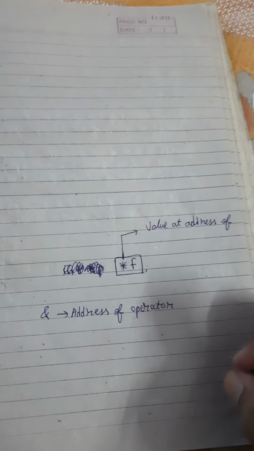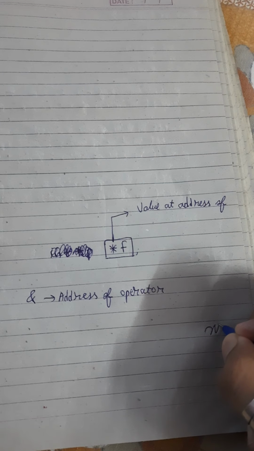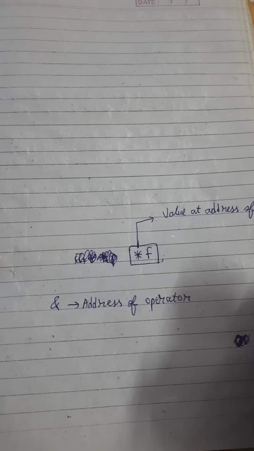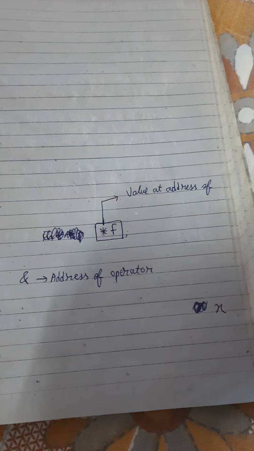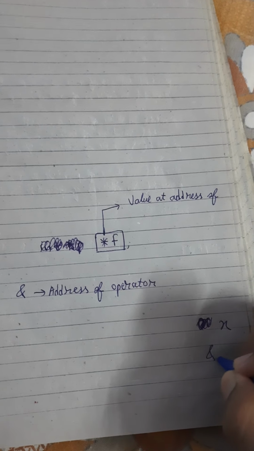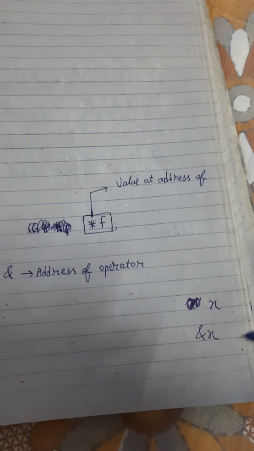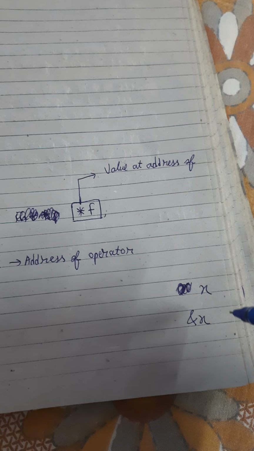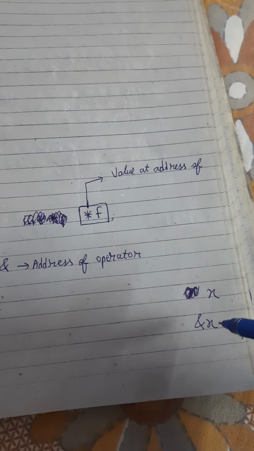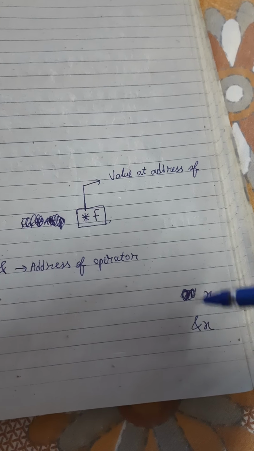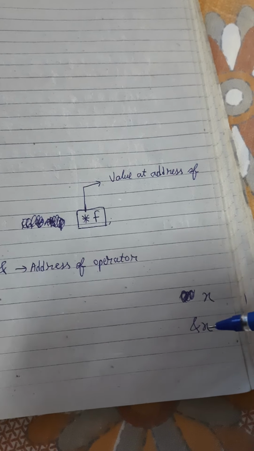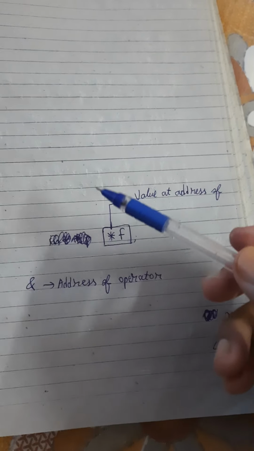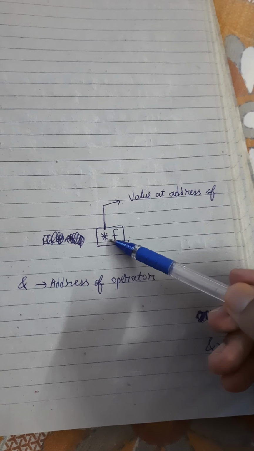Suppose I have a variable, let's assume it as x. So if I write ampersand of x, that basically signifies the address of x, or the address of that box that is denoted by the reference name or variable x. And you have encountered this star in the previous part.